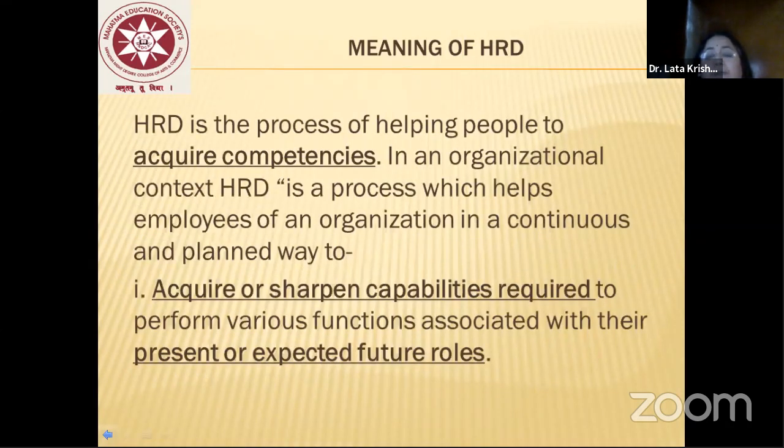Acquire or sharpen capabilities required to perform various functions associated with their present or expected future goals. So this is the first important process. So the HRD is a process which helps employees of an organization in a continuous and planned way. So HRD is not just,